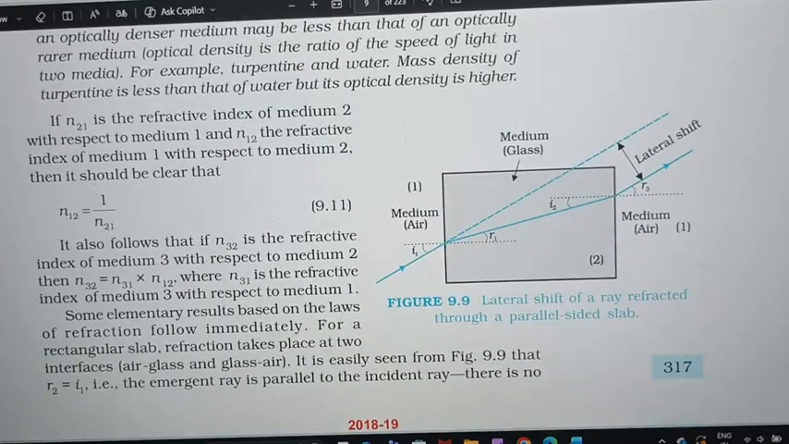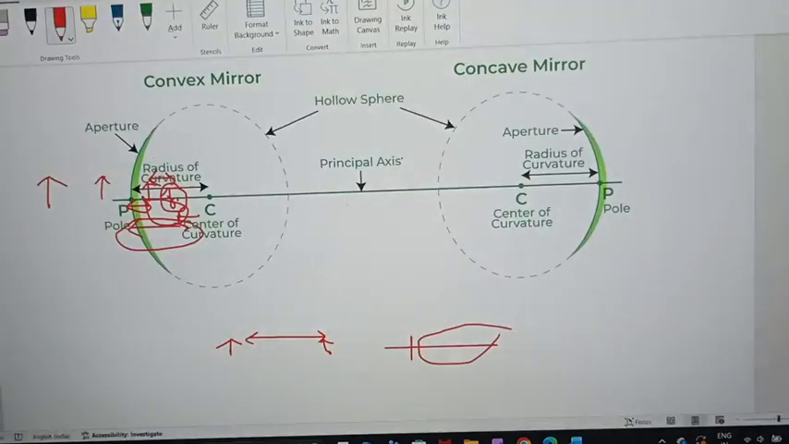n12 is the inverse of n21. Generally n21 is nothing but n2 upon n1, the refractive index of medium 2 by the refractive index of medium 1. We can also say this is equal to v1 upon v2. What is v1? It is the speed of light in medium 1. v2 is the speed of light in medium 2. Why is this? Because it is inversely proportional. If the refractive index of the material is more, the speed of light will